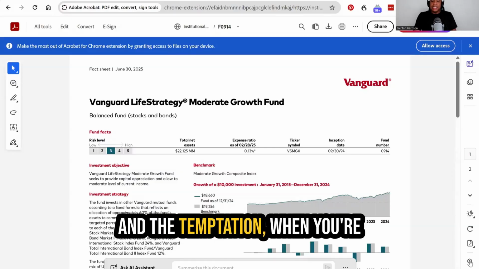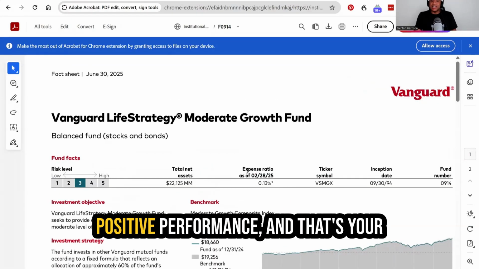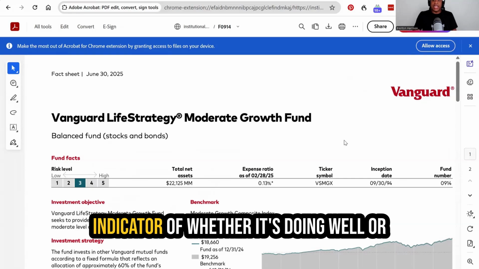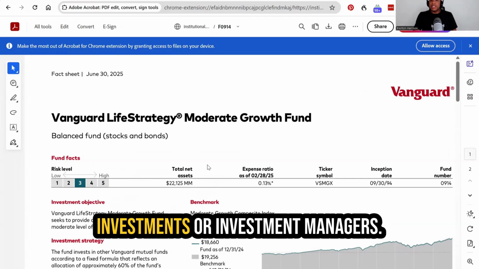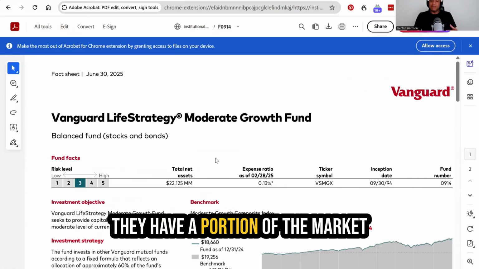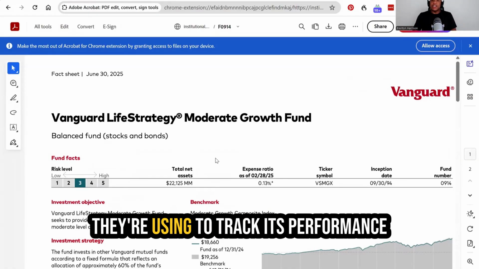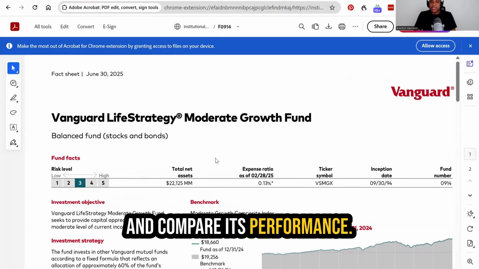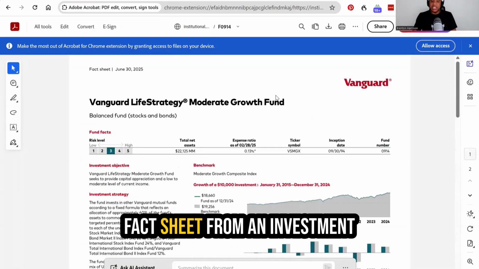The temptation when you're evaluating an investment is to simply look and see whether it had positive performance, and that's your indicator of whether it's doing well or not. In actuality, most investments or investment managers have a benchmark. They have a portion of the market or a composite of the market that they're using to track and compare its performance. For example, if you're looking on screen, there's what we call a fact sheet from an